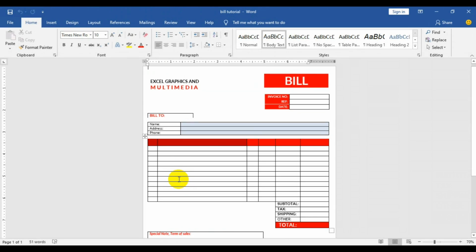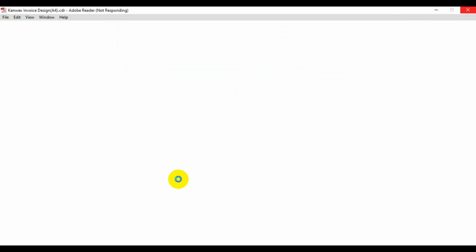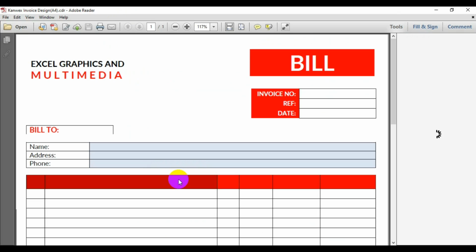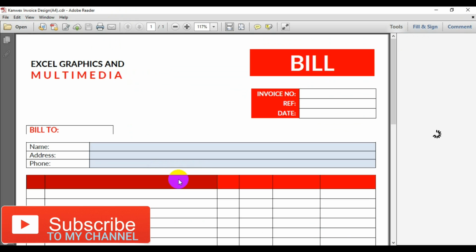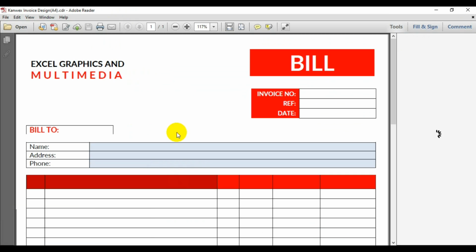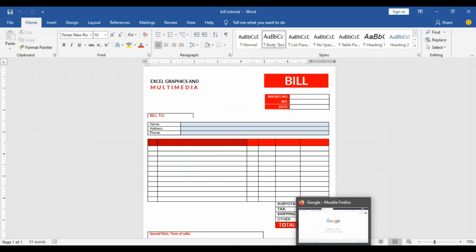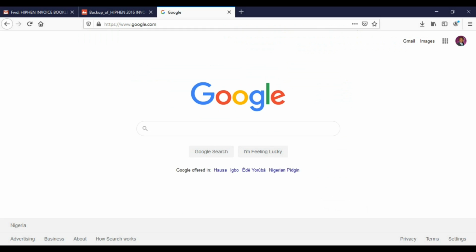Right, so my document has been saved in PDF file document. So let's see the PDF file document. As you can see on the screen here, this is the PDF version of the invoice design in MSword file document, right? So I'm going to minimize this PDF file and minimize my MSword file. The next thing we have to do is to go online and see how we can convert our PDF to